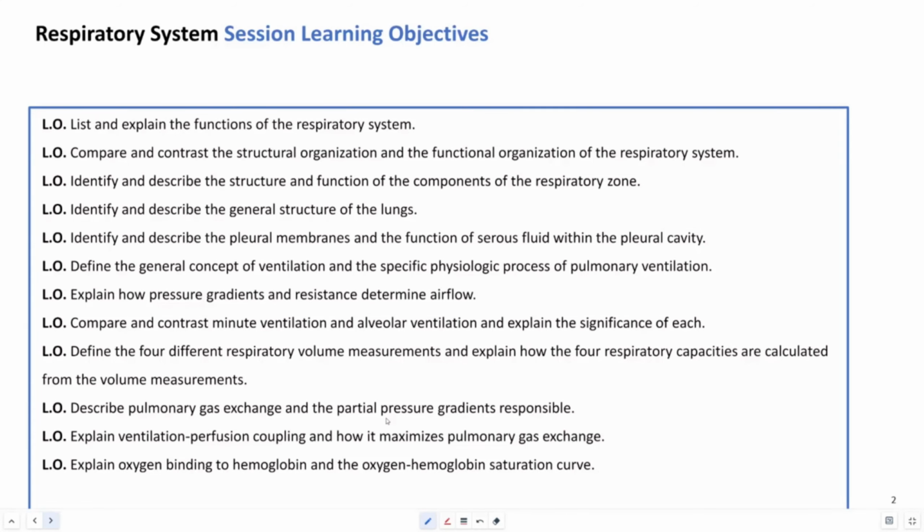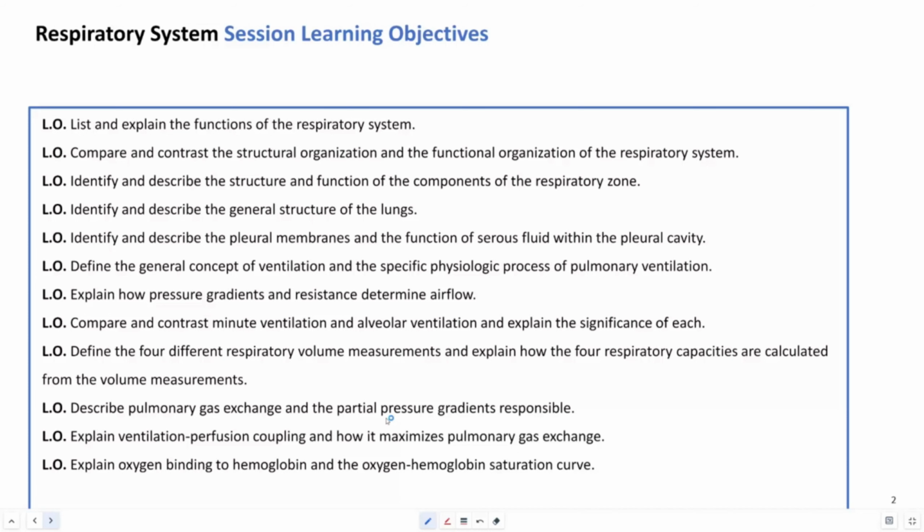the pleural cavity, define the general concept of ventilation and its specific physiological process of pulmonary ventilation, explain how pressure gradients and resistance determine airflow, compare and contrast minute ventilation and alveolar ventilation and explain the significance of each, define the 4 different respiratory volume measurements and explain how the 4 respiratory capacities are calculated from the volume measurements,